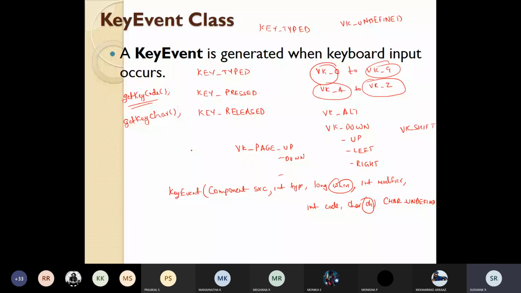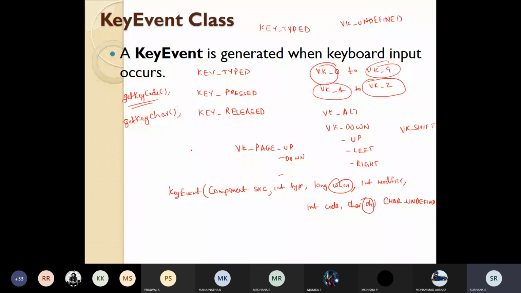If you simply press the mouse button and release it, that is MOUSE_CLICKED. So when the user clicks the mouse, we will get this event MOUSE_CLICKED.